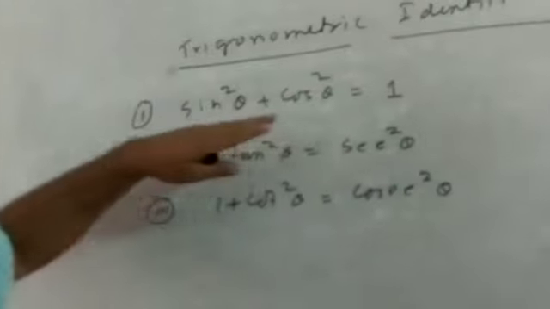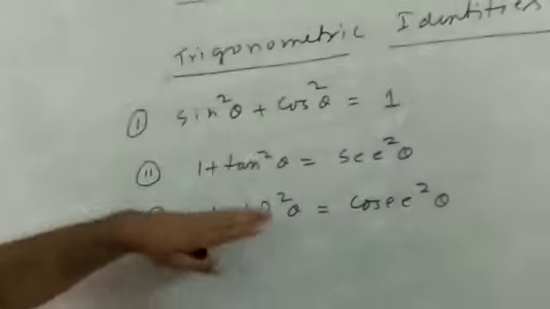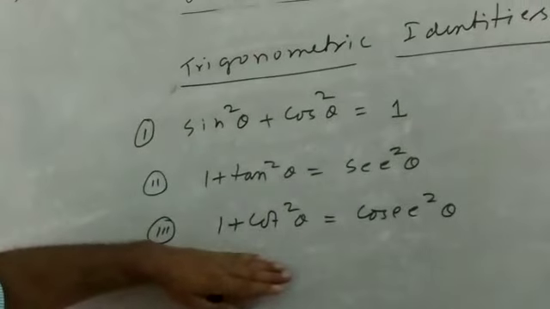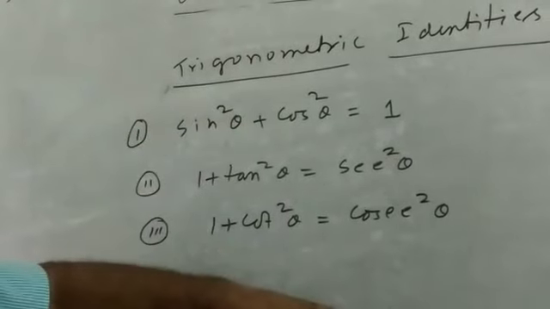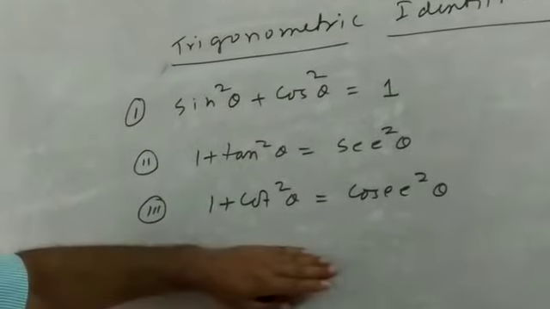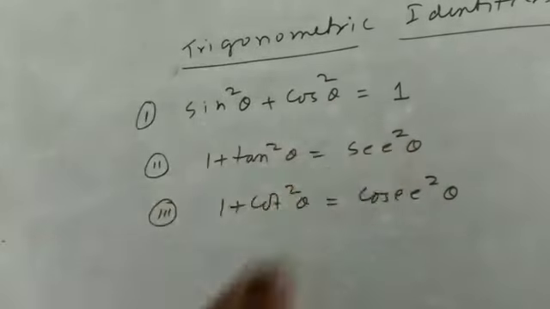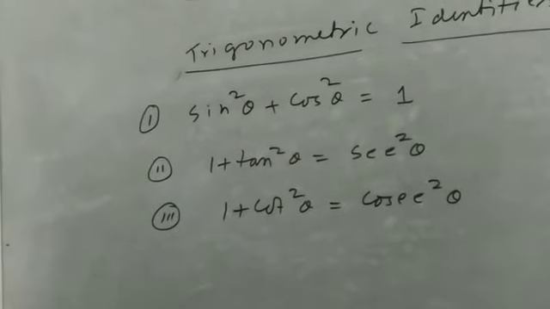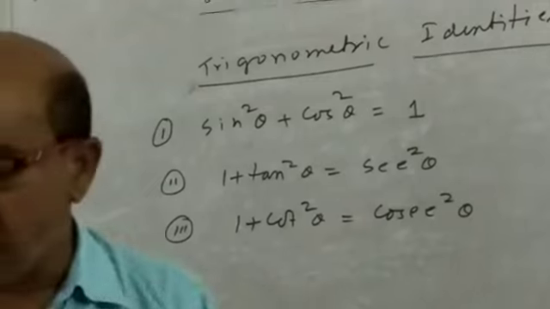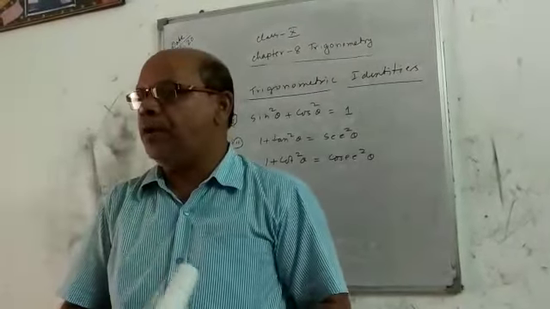In the next classes I will prove these identities and we will find some extensions of them. This line we can write in other forms also. Next classes I will show what the extensions of this identity are. So first you learn these 3 identities. Next I will prove them also. Is that clear? So learn these 3 identities and practice. Next day I will start exercise 8.4.